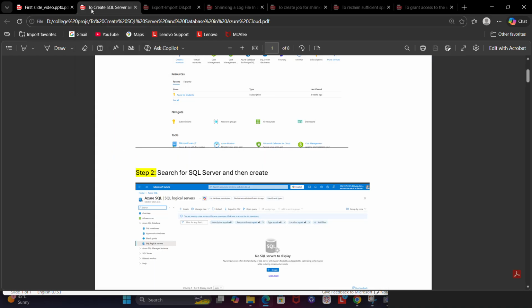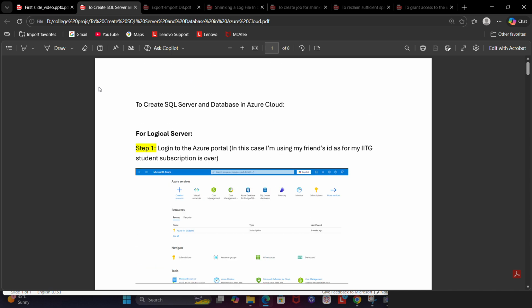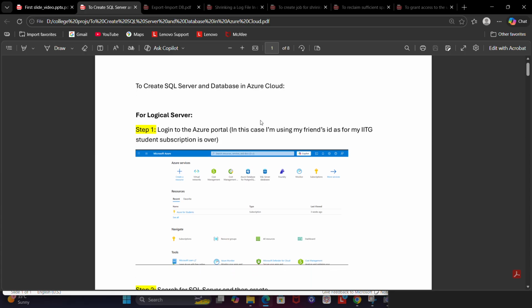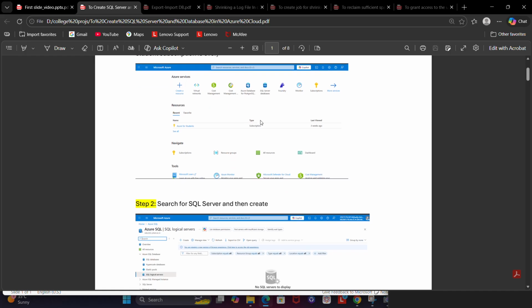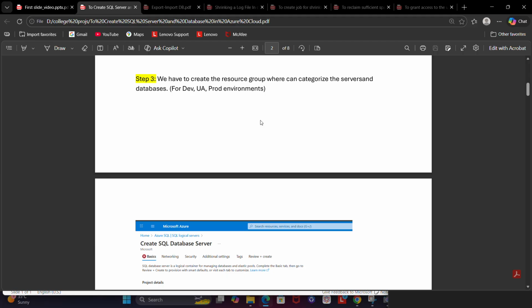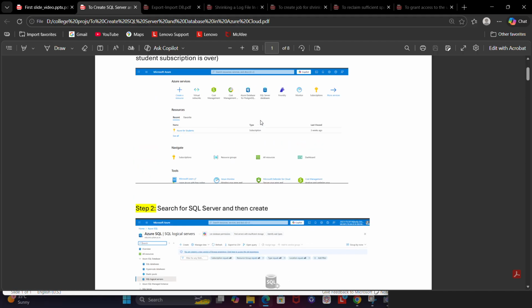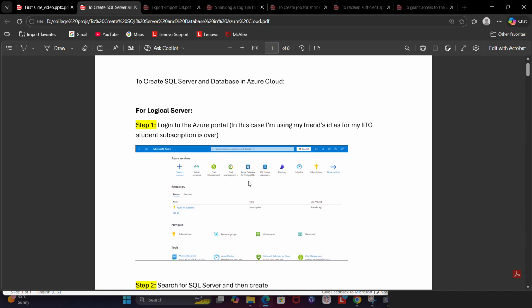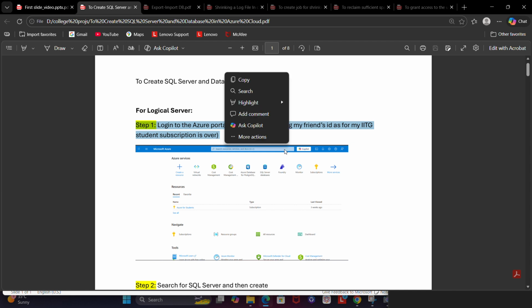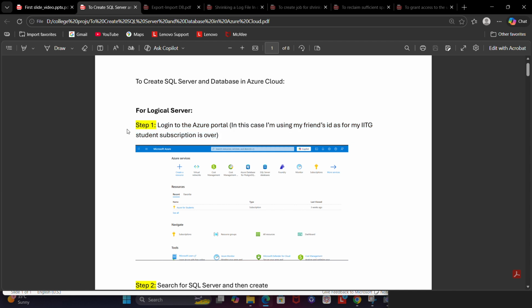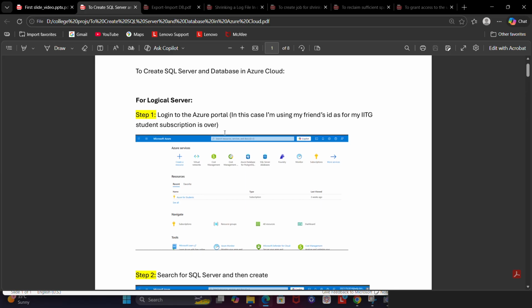So moving to the first task. This is the task related to SQL Server, like how we can create a SQL Server and database in Azure Cloud. I have displayed how we can create it in the cloud. These are the SOPs I made while creating the server in Azure. These are the steps I have written over here. You can follow the steps and by doing the same you can create the same database and server